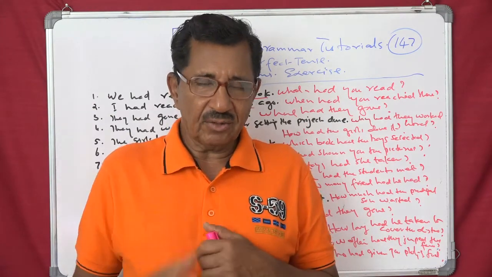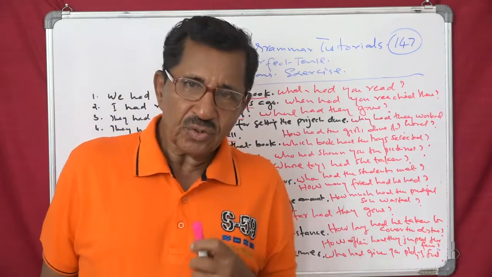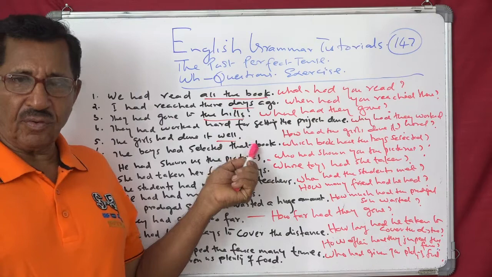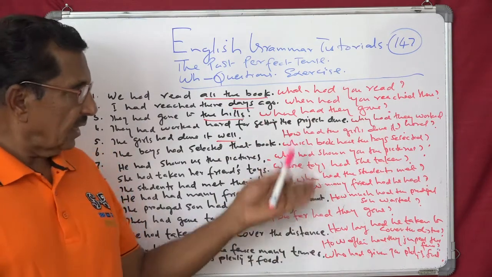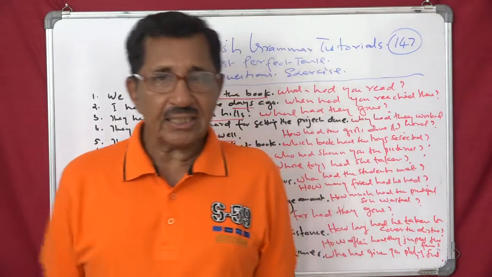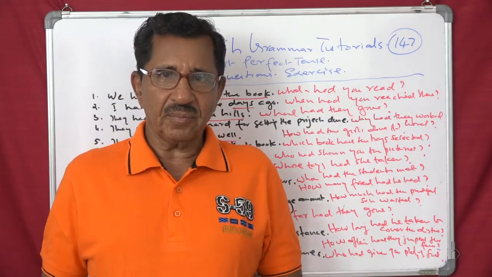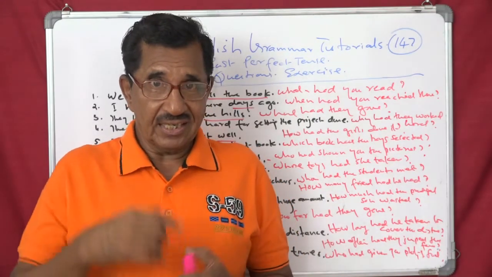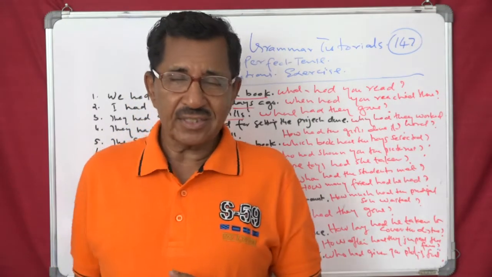As I already told you, what you should do is try to generate sentences like these of your own, similar sentences, and then convert them into WH questions. That will be a wonderful exercise. Plus, you should also be in a position to read this aloud. Reading loudly is step one to fluency in English.